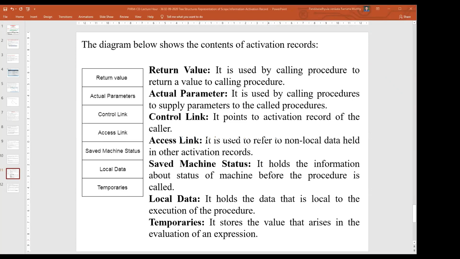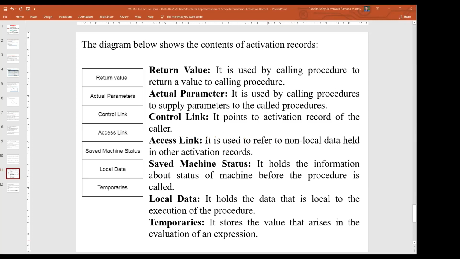Every activation record contains its local data. At the same time, we are accessing global data also, which is the scope of those variables within this particular procedure. That will be referred to with the help of the access link.